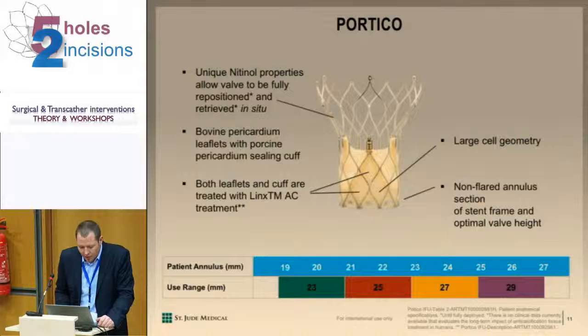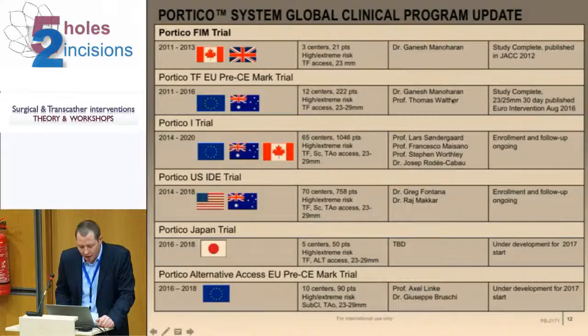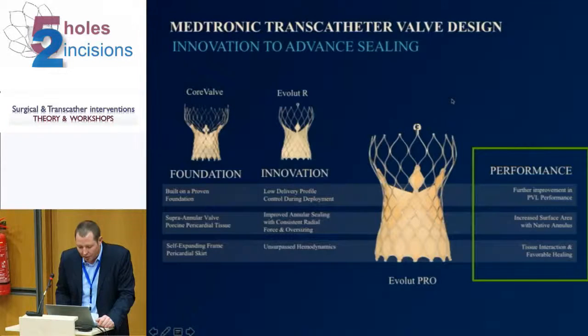So this is again a closer look at the Portico device. It's always important with these things to see at which level the first crossing of the cells is, because this is used for orientation. Also, you need to be aware of how high this covering goes in regard to where the sweet spot of these valves ends. Of course, with both devices, there are a couple of trials available. I don't want to go into detail with this one. The latest advance